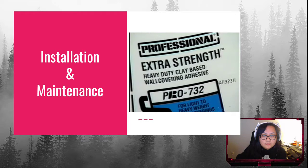And then when replacing old wall covering from an existing wall, you would have to remove all the old adhesives and covers during the installation. The wall must be redone to be completely smooth, and then a primer must be applied. And then heavy duty adhesives are required for installation and must be at full strength, so no water or chemical additives. Based on their installation video on the website, which I believe may have been produced back in the early 1990s, it doesn't appear that they require anything specific. It just, as far as material and adhesive use for installation, just whatever is typically used. So all of the standard adhesives used for